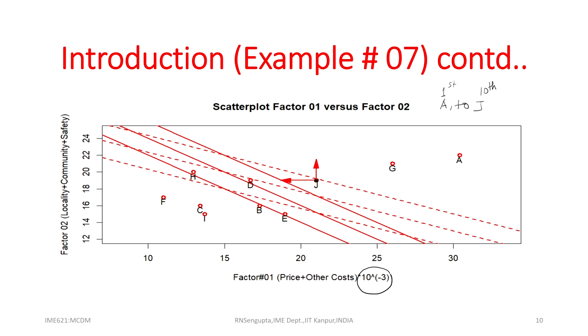If I consider all the sets of points A to I, A is so called best in the sense that the level of factor 2 is the highest, but very interestingly cost wise it is also the highest. So, a compromise has to be made by Mr. Murthy. If I consider point F, obviously F is very low on factor 1, which is the cost, but if I consider factor 2, which is locality, community, safety, it can never compete against H, which I am highlighting here. It can never compete against D, never against J or G or A.